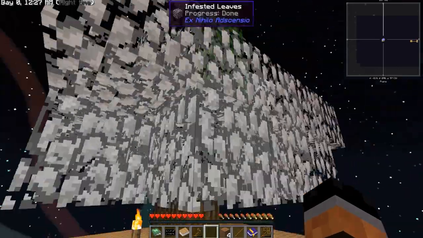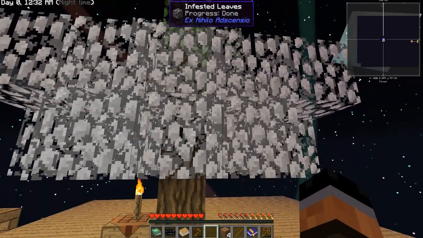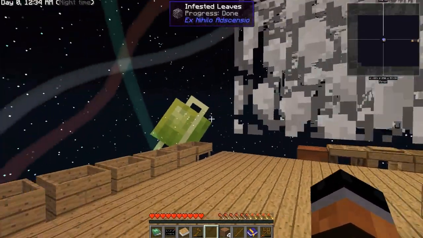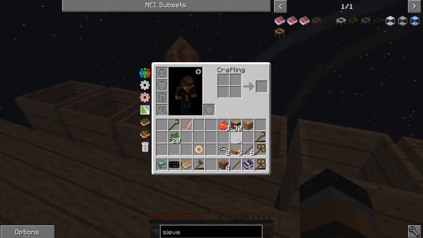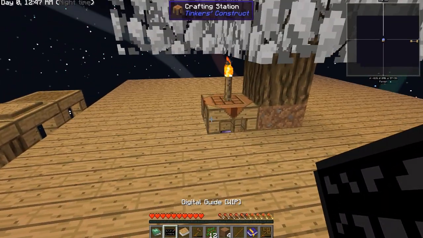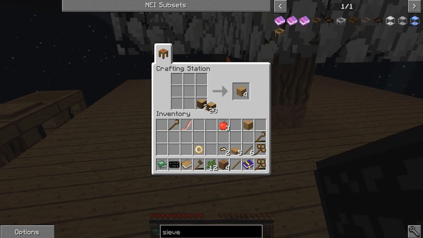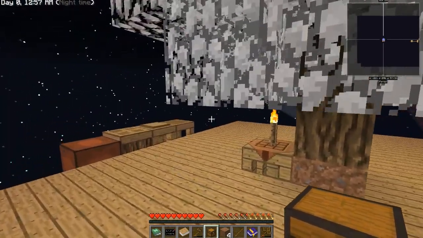There we go. And see how fast these things are infesting? Like, they're infesting very, very rapidly. This thing's almost done, which is really, really nice. So we'll be able to sieve here in just a moment. We've got 4 extra pieces of dirt. Very nice. Plenty of saplings left. But I want to make sure I save some of these, because these things do fly out very crazily off the edge. So I want to make sure that we save probably...